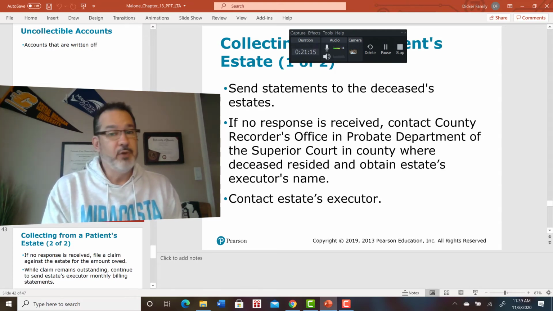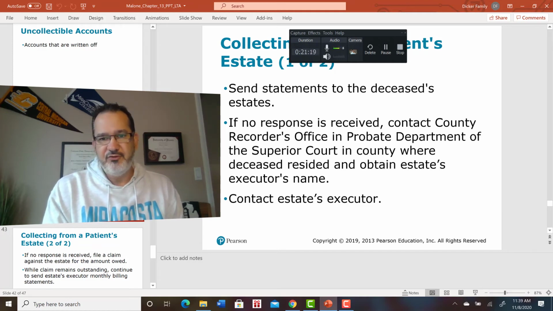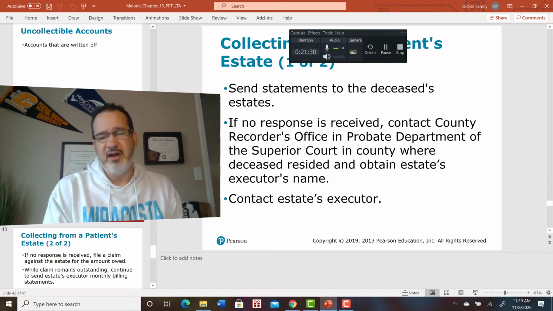Again, we may just write off what they might owe us. Usually we don't allow patients to amass a lot of debt. We try not to do that. So if somebody dies and they owe us $500 or $600, a lot of times we'll just write that off